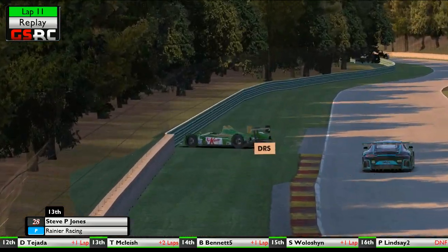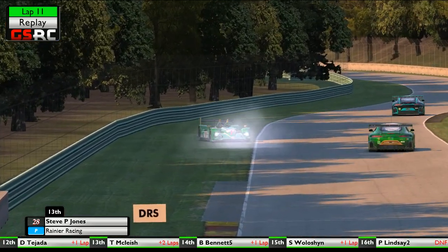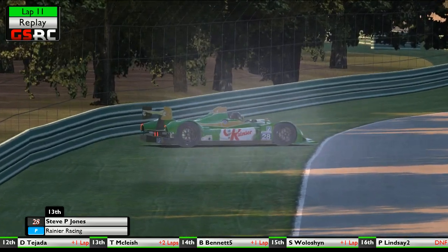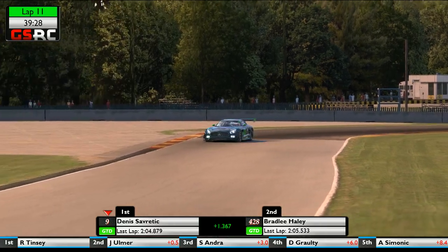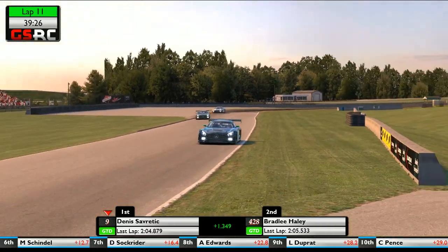To the inside he goes, and that's where it all goes south. Oh yeah, those were a couple hard hits there. Amazingly, it seems like he mostly dinged up the bodywork. The car still seems to be driving straight, but